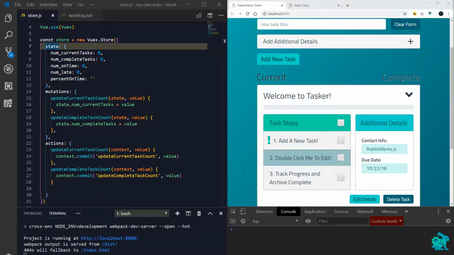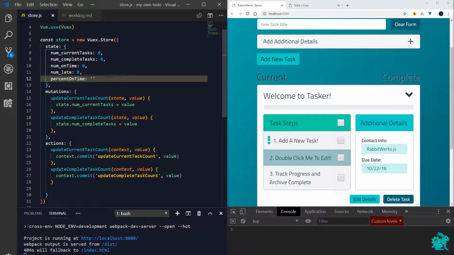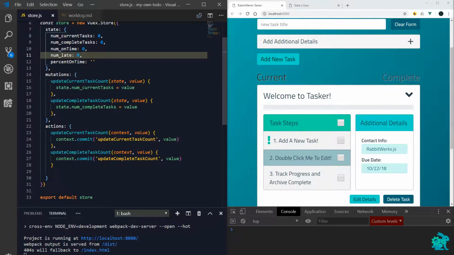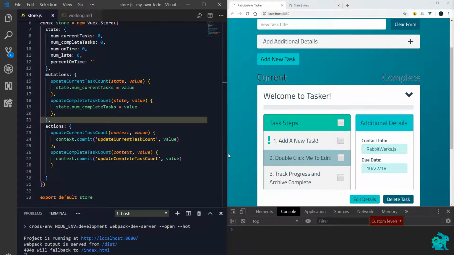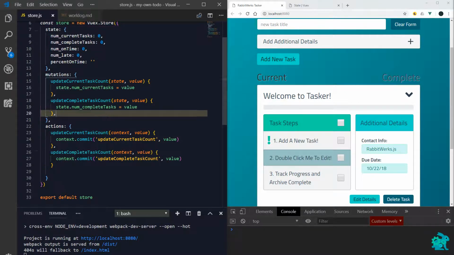So cool. We're just looking at those, and so what's the next one we want to do? We want to say num on time. Let's start by just getting something hooked up, and then we can decide. We're going to set it up initially to do +1 each time the method or mutation is called, but then if we want to base it on our data inside the complete task